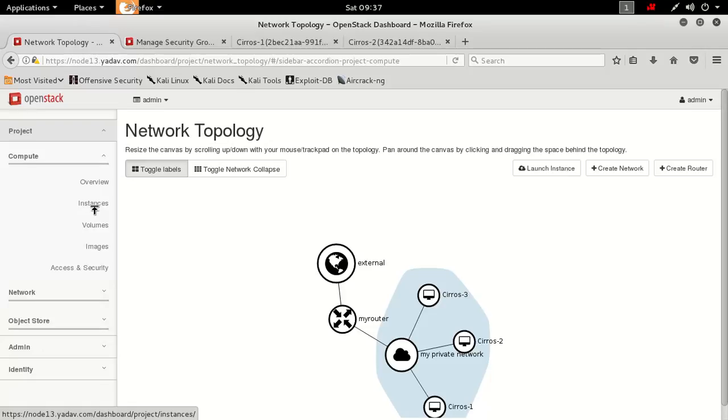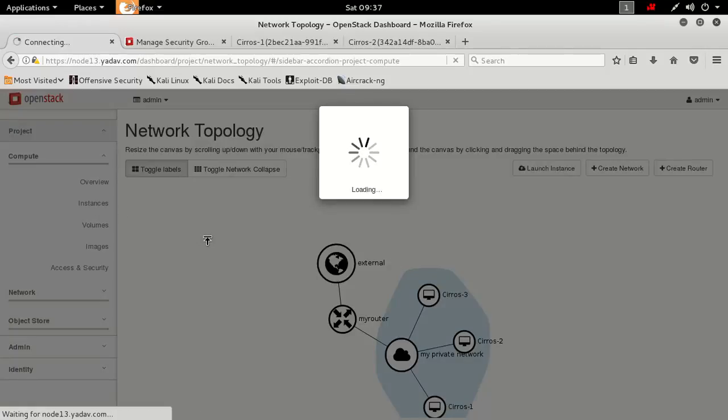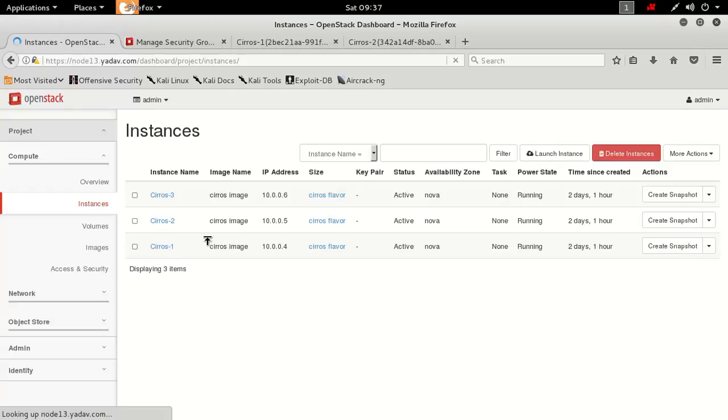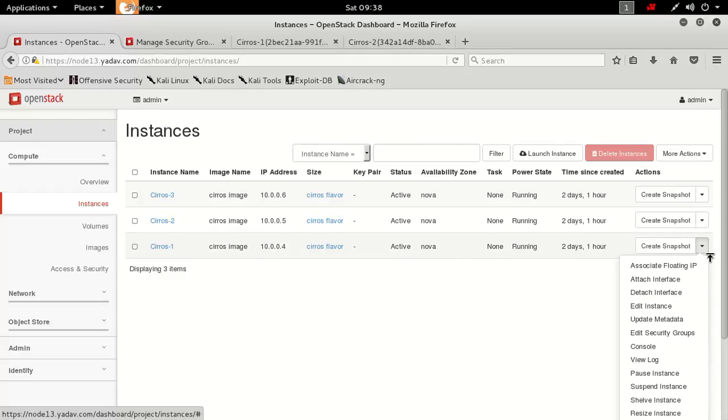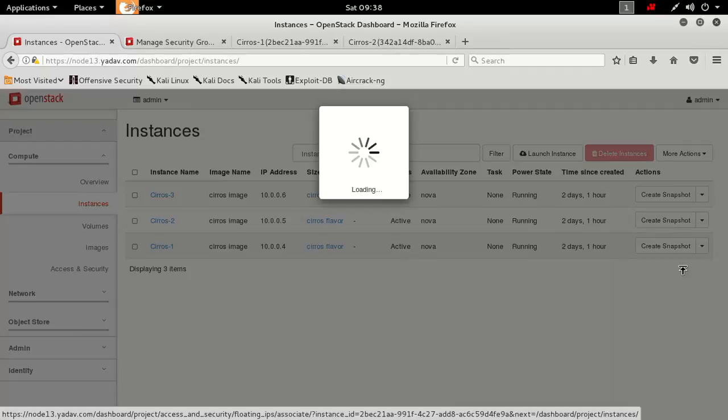Before that, I would like to tell you some other things, the remaining floating IP concept. Now we can just SSH from inside to outside, but OpenStack has a very good feature, that is floating IP. I have given floating IP series in the external network configuration. So going to associate floating IP